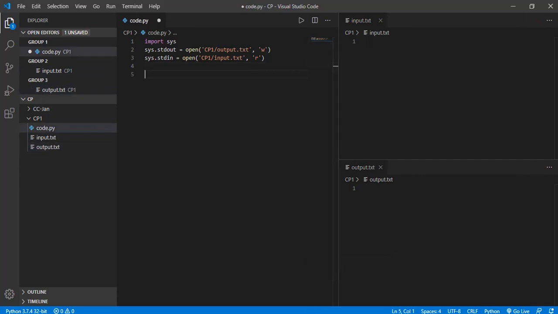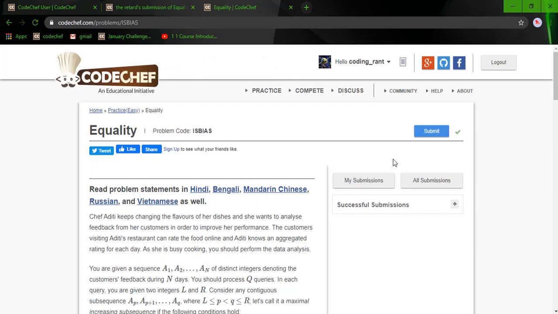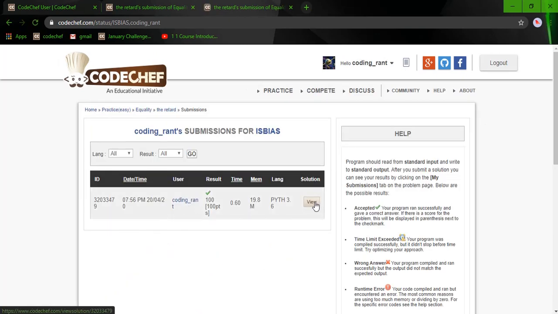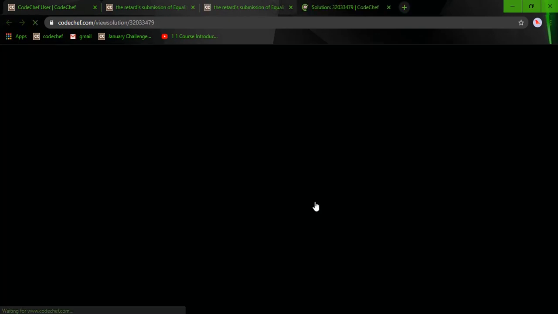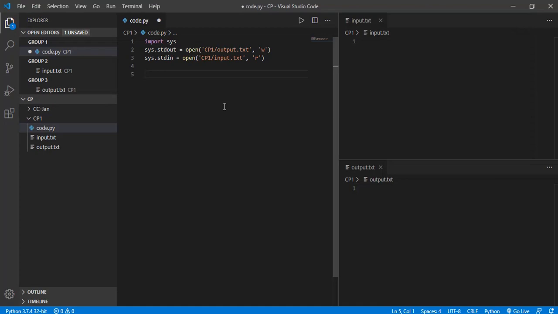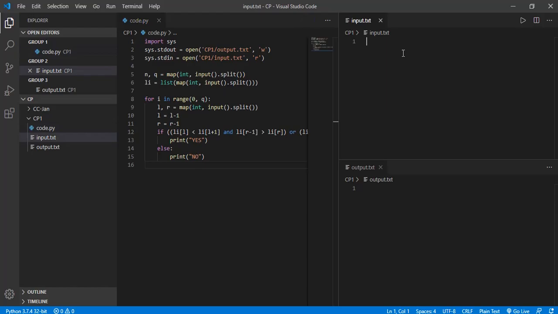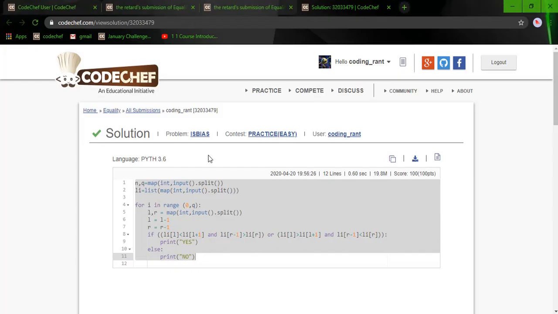Now I'll try to pull up one of the codes that I did on CodeChef. Let's go to my submissions and pick up a Python code just for trial sake, and paste the code here. Make sure that you're saving it all the time. Also let us put in the test case.